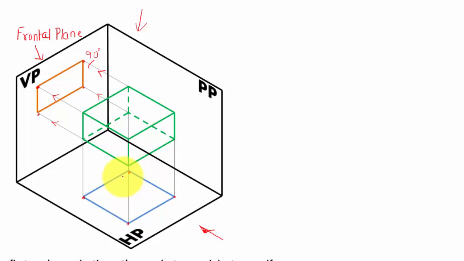Alright guys, something like this, and obviously these projectors are going to be making 90 degree angles. You can see this angle is 90 degrees, this angle is 90 degrees. If you try to measure this angle, this will also work out as 90 degrees. Alright, now moving ahead, we're gonna make this side view, and for side view we need to look at this